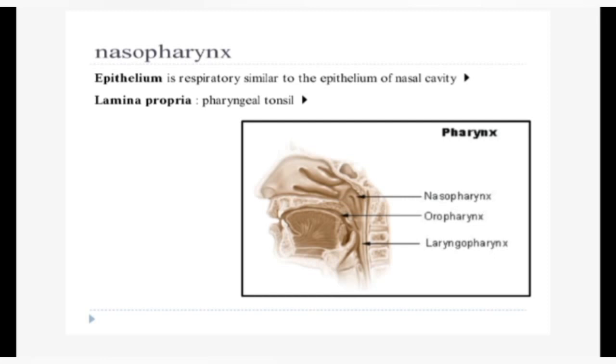I have already told you about the adenoids and adenoiditis. Whenever this pharyngeal tonsil is enlarged, especially in children, it gives some trouble to the children, and we do the adenoidectomy. A submucosa of loose connective tissue is present only in the superolateral part of the nasopharynx. The muscles forming the wall of the nasopharynx are of skeletal variety. These are actually the muscles of the pharynx, the superior, middle, and inferior constrictor muscles of the pharynx. The fibrosa is the outermost layer, and it consists of a thin layer of fibrous connective tissue.